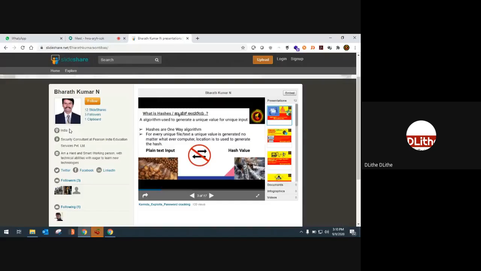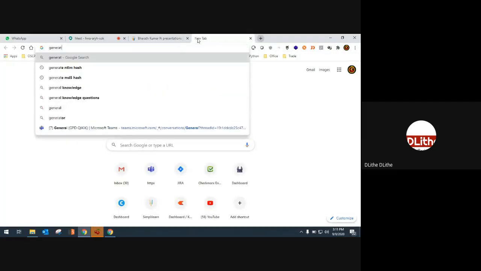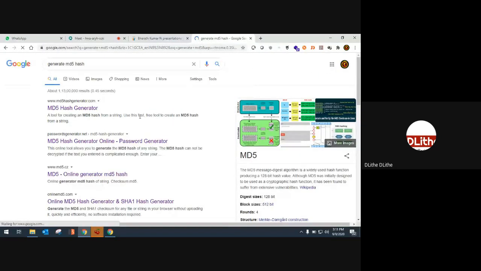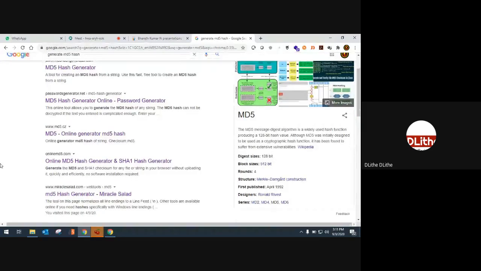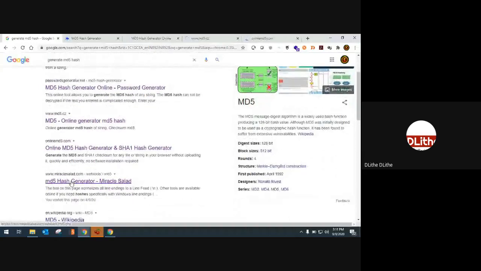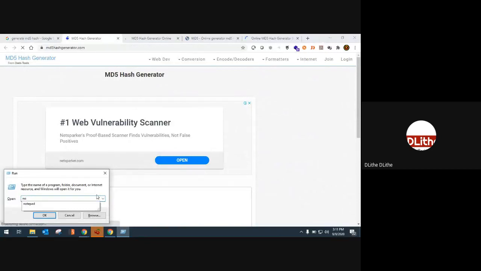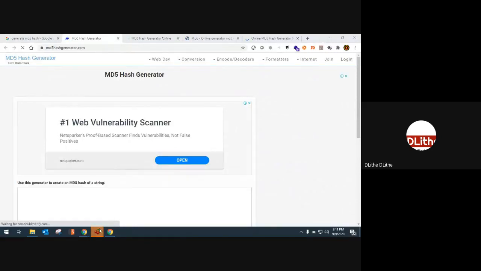Let me give you a practical example. Let's say I'm generating an MD5 hash. You can generate hashes with online or offline tools; there's no limitation on that. Let me use five different websites to generate a hash. I'll come to the practical use of hashes a bit later, but first let us understand what a hash is and the details about it. Just for ease, let me use notes.